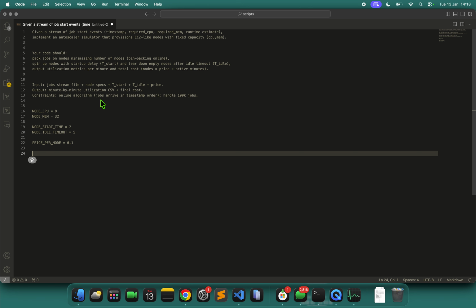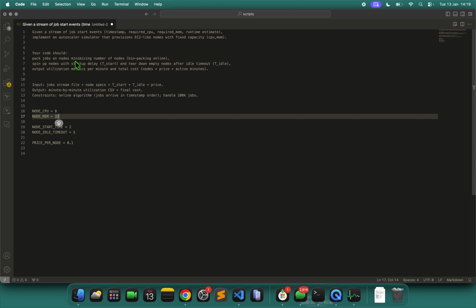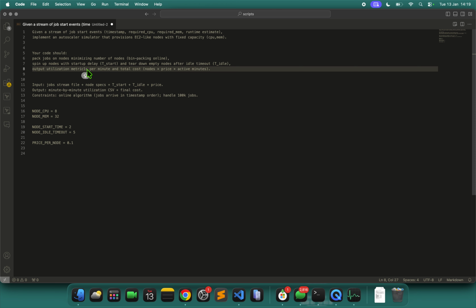Okay, now I have to create a job for this. Your code should batch jobs, minimizing the number of nodes, and spin up nodes with start delay.